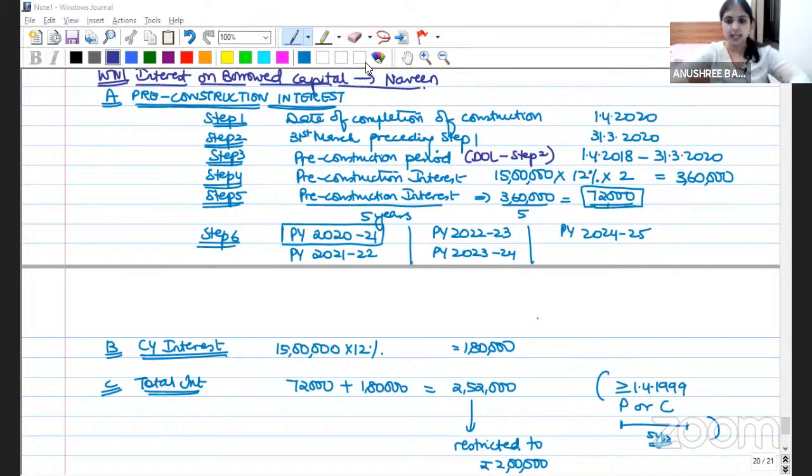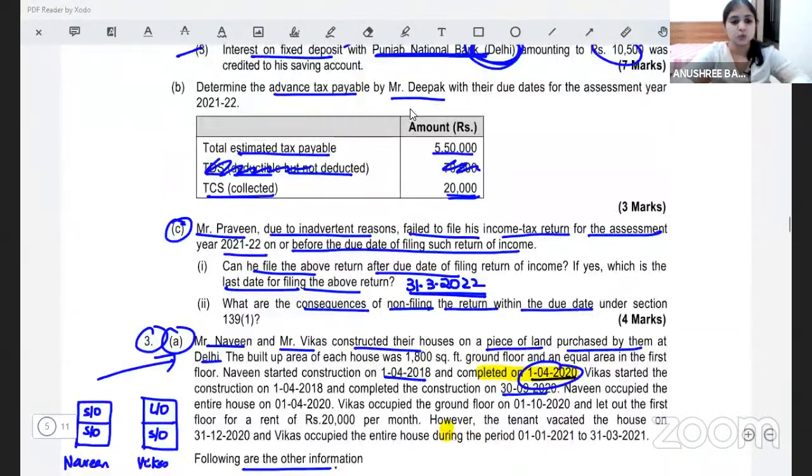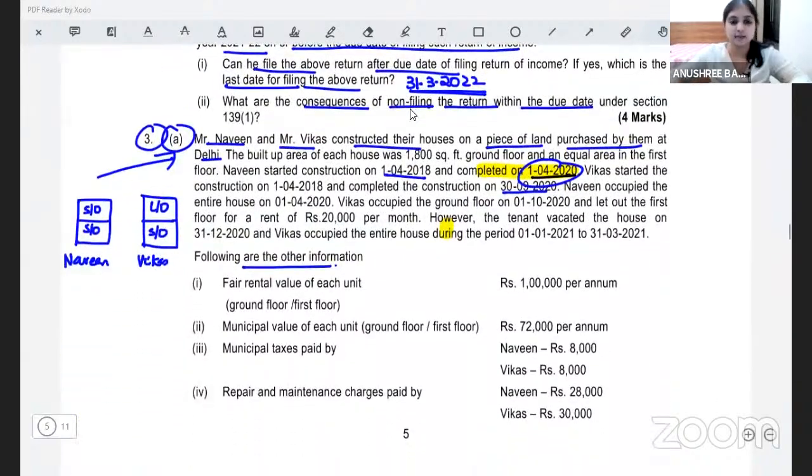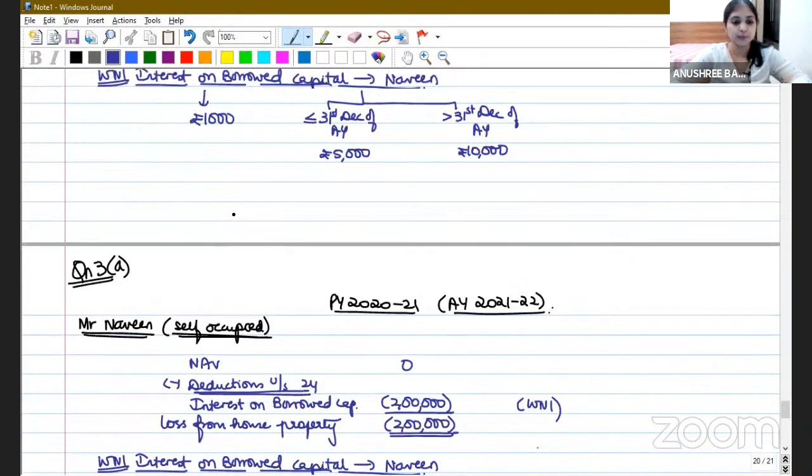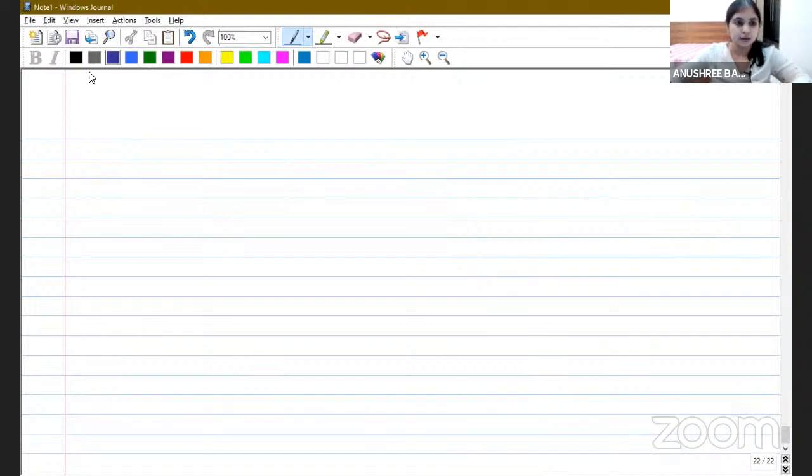Can we start doing the calculations for Mr. Vikas now? Yes. So we had two assessees, right? Mr. Naveen and Mr. Vikas. We're done with Mr. Naveen. Let's start with Mr. Vikas. Here we will have two calculations, one calculation for the self-occupied unit and one calculation for the let-out unit. Okay, so let's begin. Write down